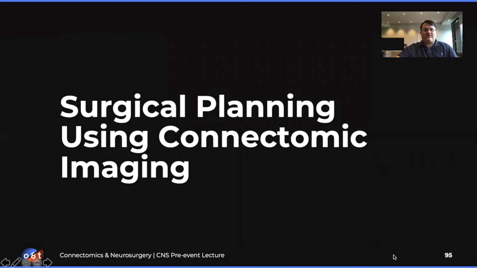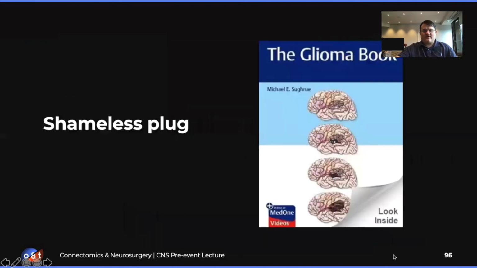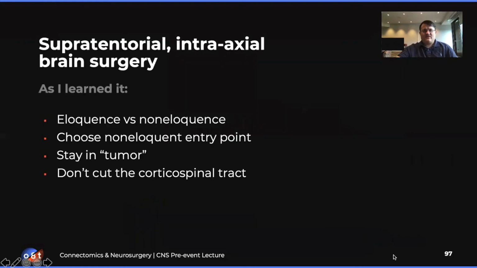So now that we've kind of upskilled our understanding of connectomics and the anatomy of brain networks, what do we do about it? And a lot of people have asked me, how do we use this? I finished writing a book about this. I think it covers this in a fair bit of detail. And what I'll talk about, what really is in that book, and kind of my thinking on this topic,